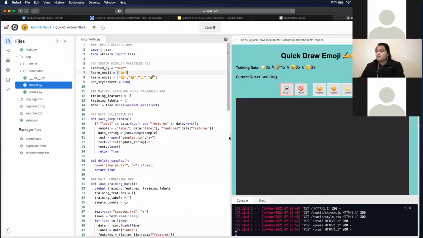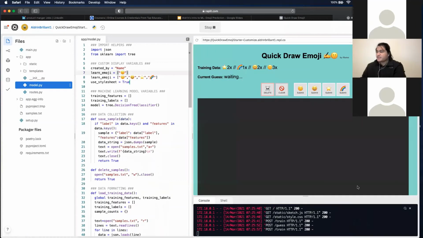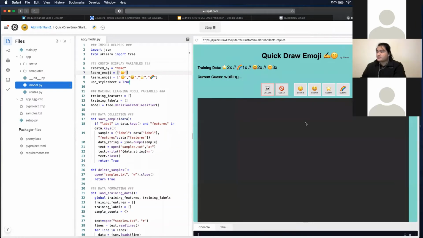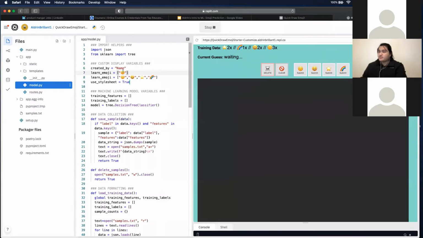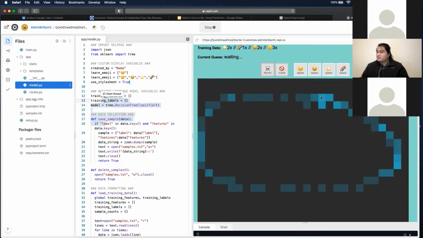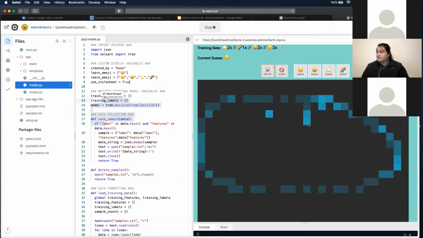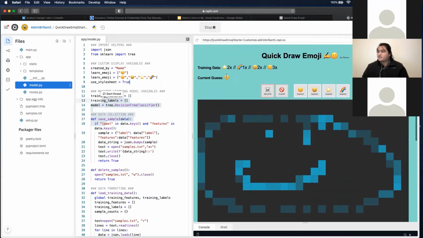I'm also going to share with you the Replit. It's the same thing, but you can also mess with it and create your own emojis. You can redesign it. You can dissect the code. Essentially it's the same thing where you draw an emoji or draw however you would like. And this is my version of a smiley face using just one finger. And I say, hey, this is a smiley face. I'm going to submit this. And for some awesome reason, the current guess is actually correct.